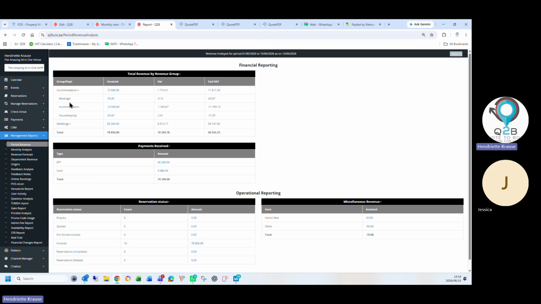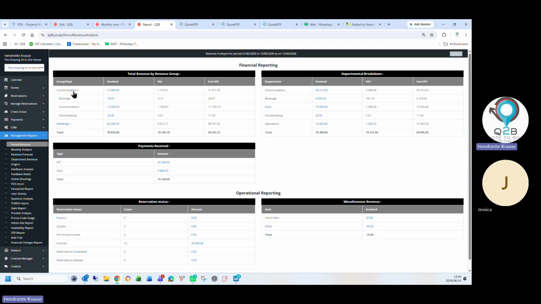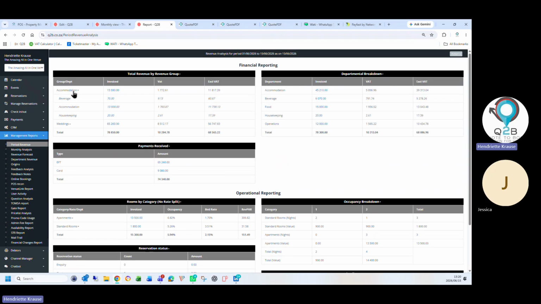Okay, and then there's your drop down. So in the rates, we also do a second revenue split. So there in your room rate, for example, you'll have so much going to your accommodation, 50 Rand going towards water, 50 Rand going towards housekeeping, and that's your second tier revenue split.